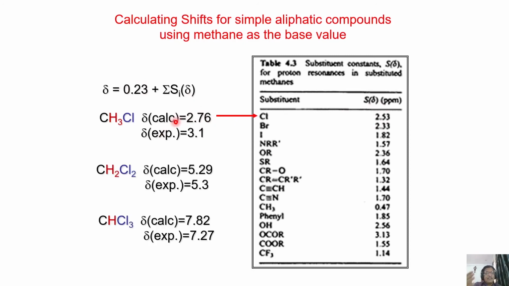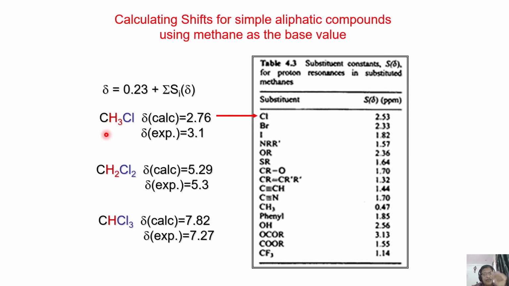Now extend this logic. We also did that. What happens if you change the number of electronegative atoms? We saw the shifting of the chemical shift, and we knew the more electronegative atoms, the more the number, and it shifts more to the downfield. We observed that in one of the previous classes. Okay, I hope you are with me. Don't forget, we discussed this point. What is the chemical shift for CH3Cl, CH2Cl2, and CHCl3? All three we got. This is the calculated. This is experimental.